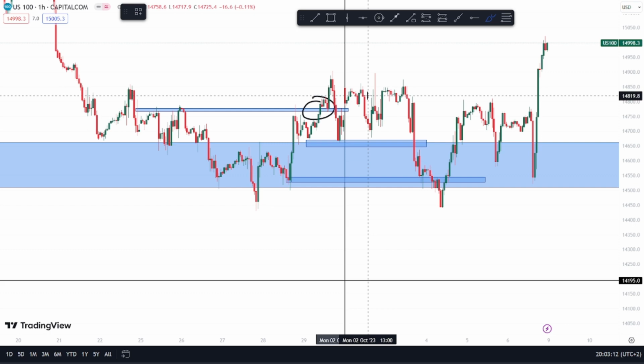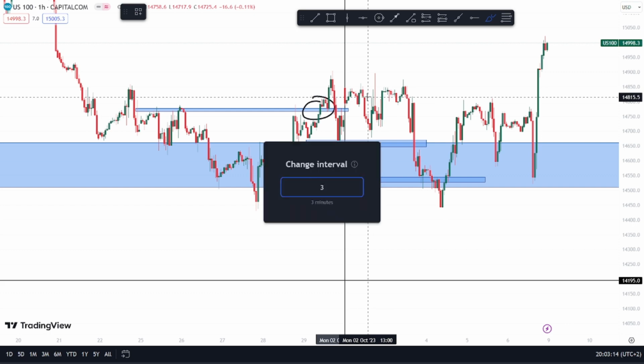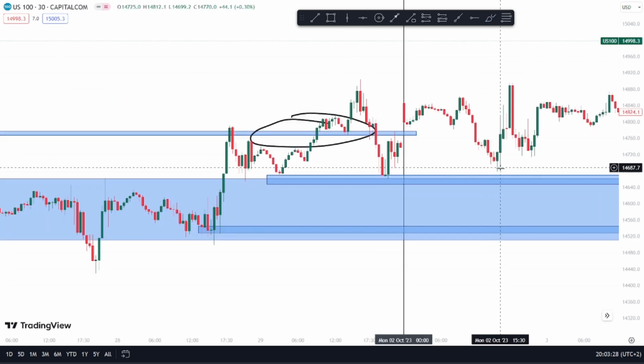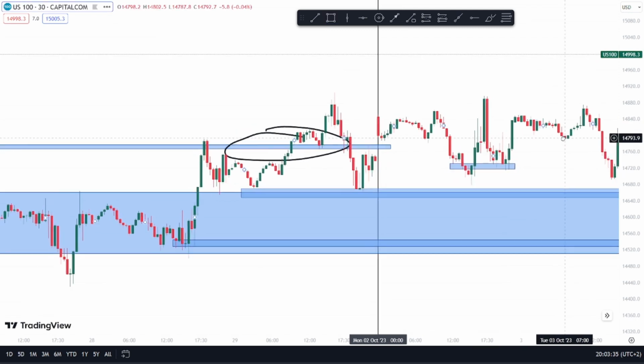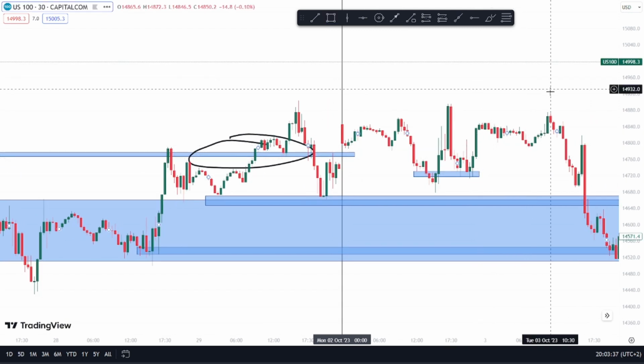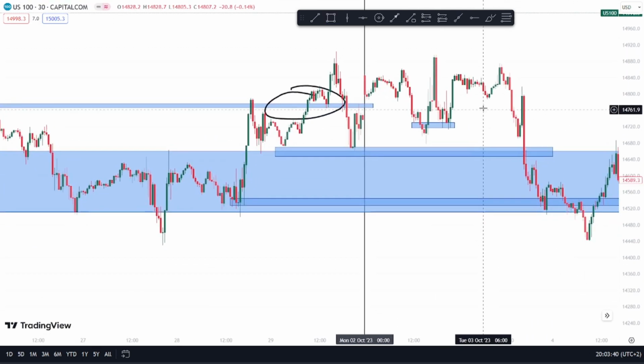And when we actually hop onto our 30-minute chart, I just want to show you guys something. Price actually came to this level and it pushed up. It came again to this level, and this served as a nice inverse head and shoulders before we could have taken our buys to push with the market. But right after that, price broke this key level right here and continued pushing down, and it went to this